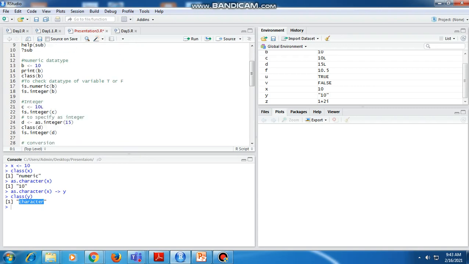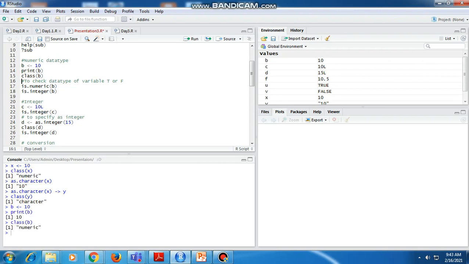Now we'll see more about numeric data types. We take an example where a variable b is assigned the numeric value 10. If we want to print that value, print(b), 10 gets printed. The class of b is numeric, as we saw previously.